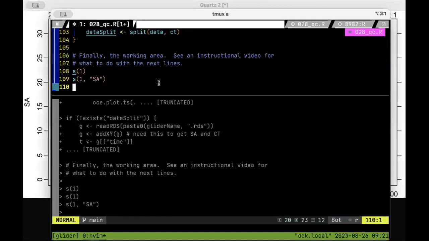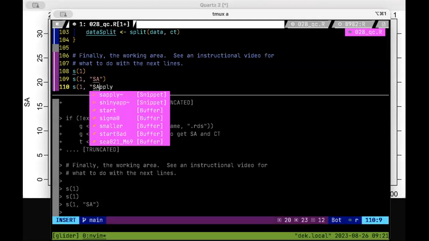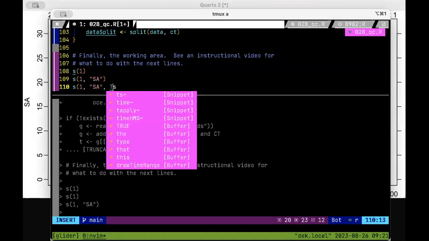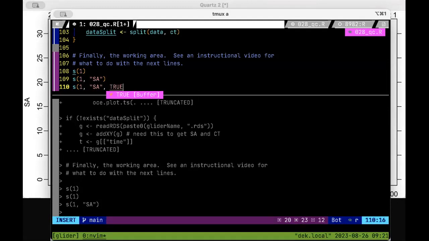Well, I say S1 SA. That means I want to see that field. It doesn't matter really which field I wanted to see. CT would be anomalous also. And I'm going to give T, which can stand for true here. I'll type out the true, because the way you would normally do this is just type it in the editor and then repeat it. So it doesn't matter if you have to type a little bit. But I'm going to say another thing, which is that all is true. So I'm going to assign all the variables to be bad